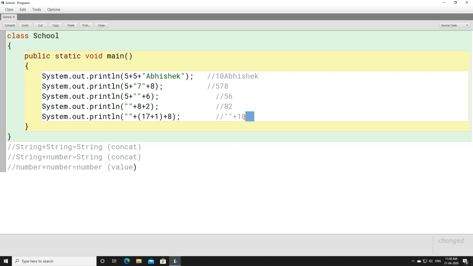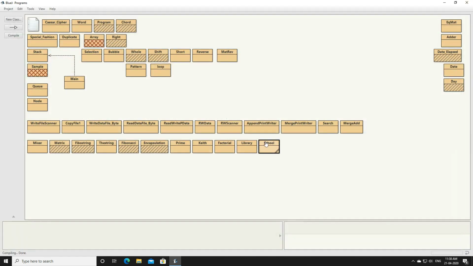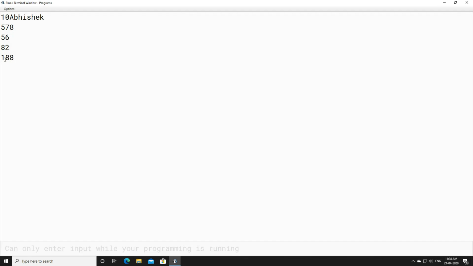Then when you add 8 to a string, it will give you the concatenation value. So 18 in the form of a string, plus 8, instead of getting added numerically, will get concatenated and give you 188. Let's see. Yes, it's giving me 188.